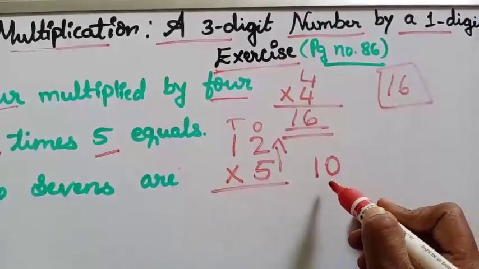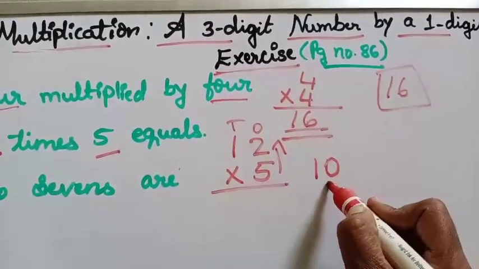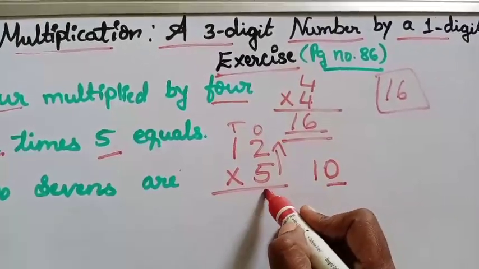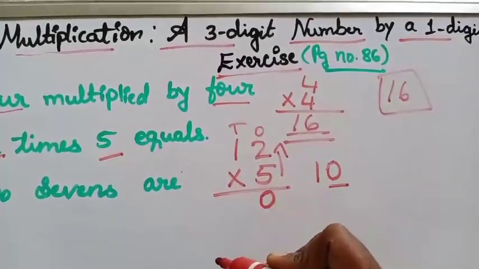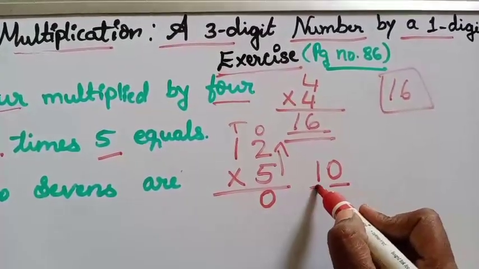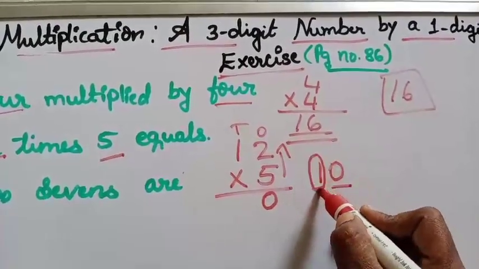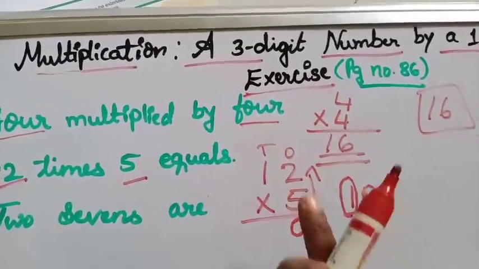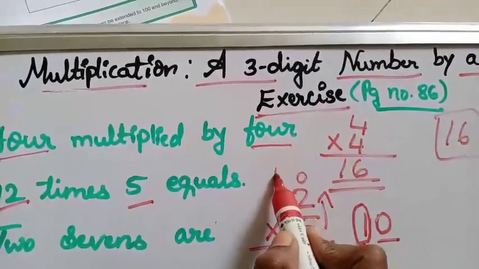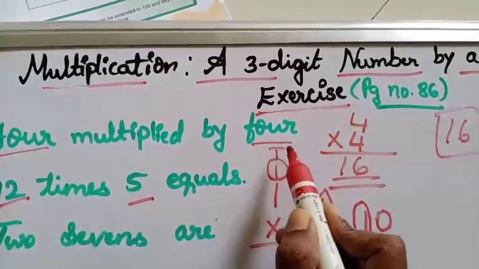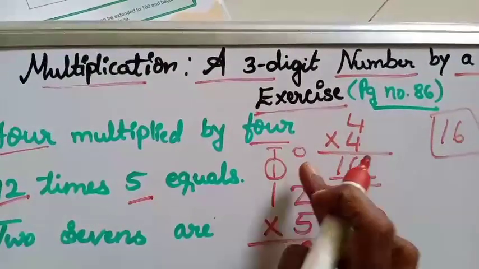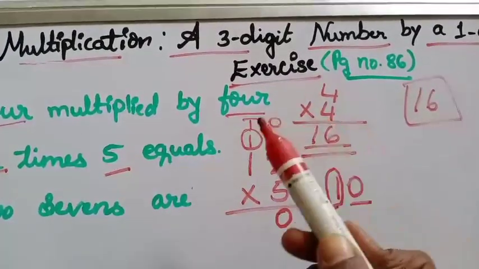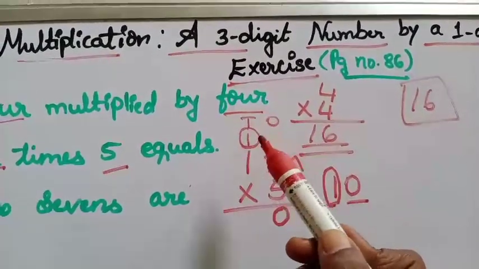The first digit we have to underline. The underlined digit we have to write in the 1's place. The next one, 1. We have to circle the digit. That we have to write here. Where do we have to write? In the 10's place. Here we have to circle. Let us write the 10's here. Okay. So don't get confused. So the circled number we have to write here in the 10's place.